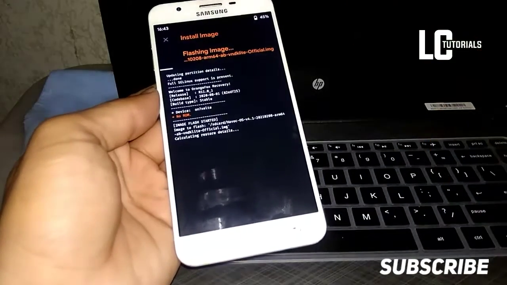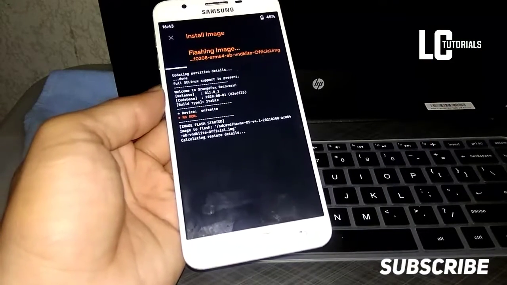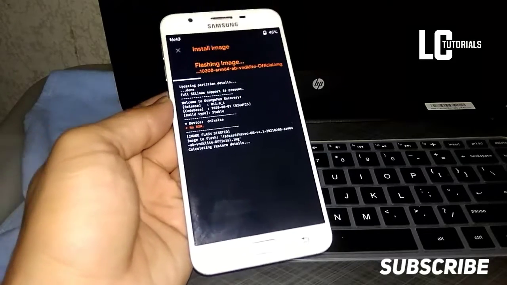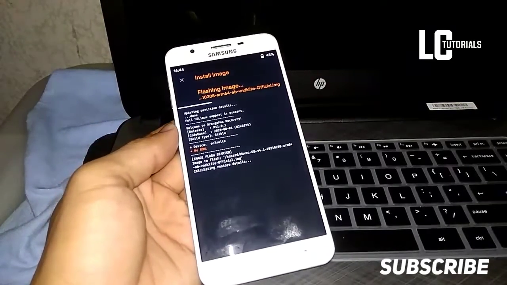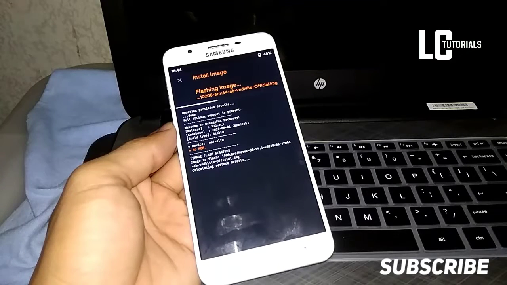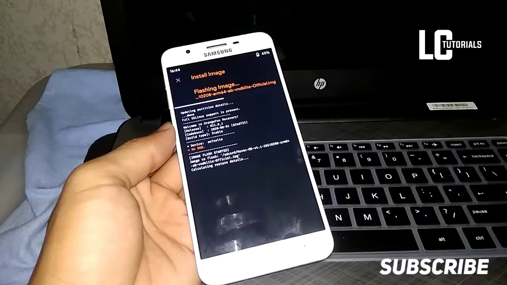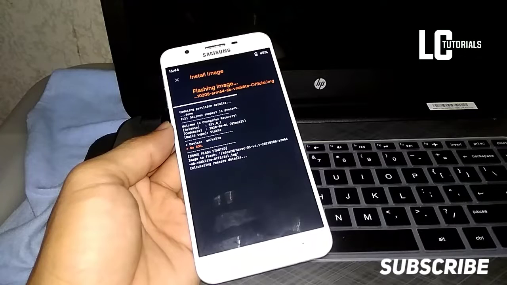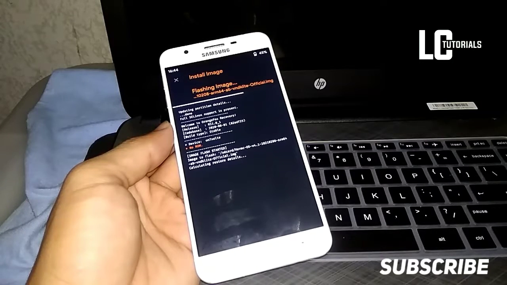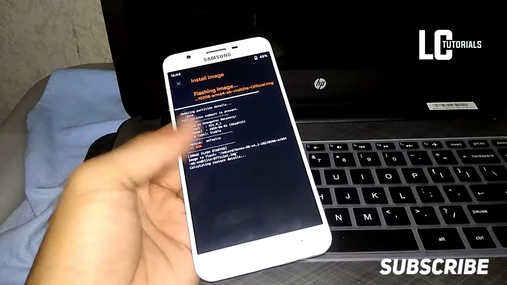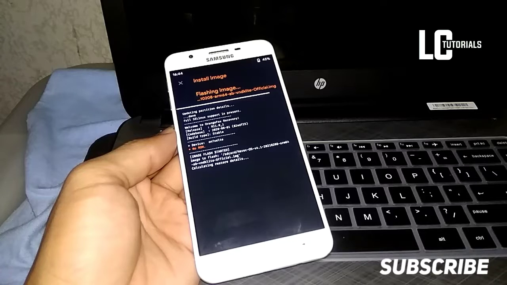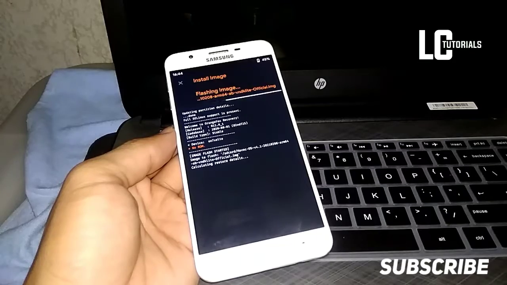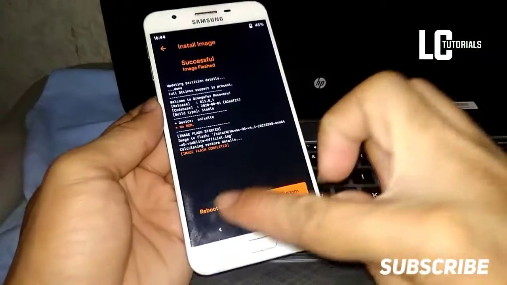Then just wait, guys, until the flash is successful. Successfully flashed.